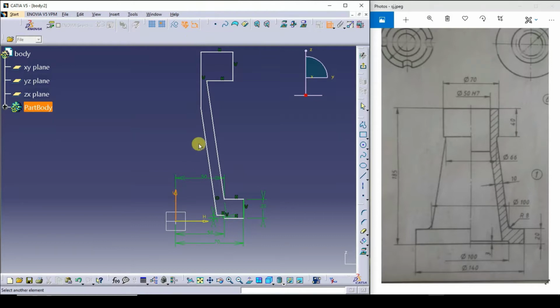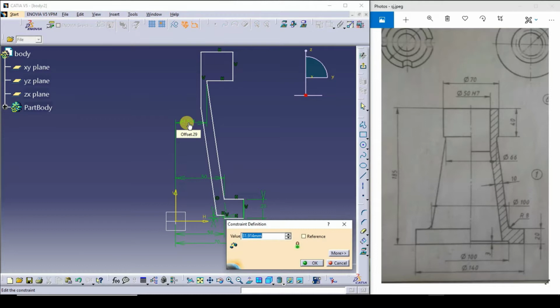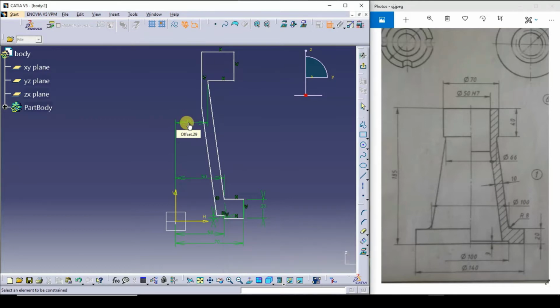So here, from here to here it is 33. Next, from here to here it is 70. Half of 70 is 35.